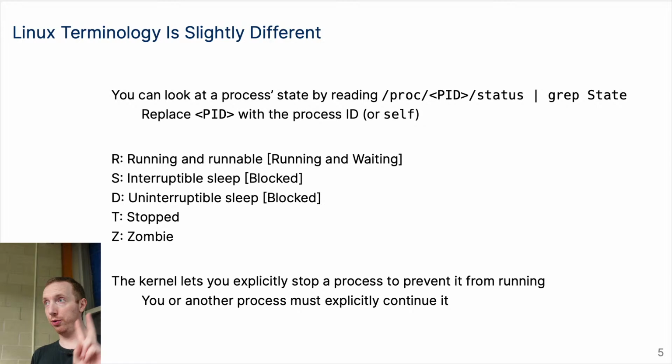And then there are 2 block states. There's interruptible sleep, which is the program just saying, hey, I'm going to put myself to sleep because I know I don't have to do any work right now, which is the case for a lot of programs. Like, for instance, watching a video, you only have to render a frame every 60th of a second, and your CPU is very, very fast. So it would just render the frame and be like, oh, okay, I have almost a full 60th of a second left. I can put myself to sleep for that long,